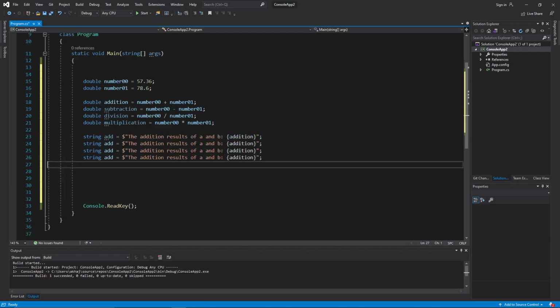And let's copy and paste all of these. So subtraction, division,